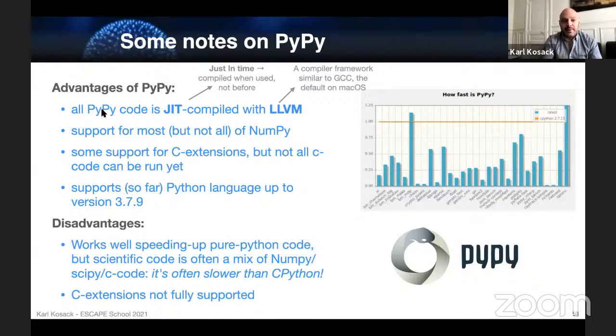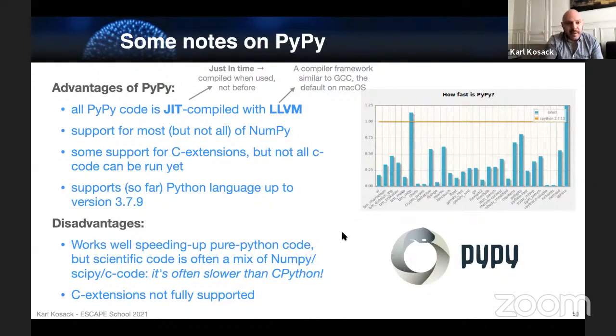There's really rapid increases in this. And so this is just on the right here from their website, running some of the benchmarks compared to CPython. And you can see that there's quite a bit of increase for a lot of tests using PyPy.